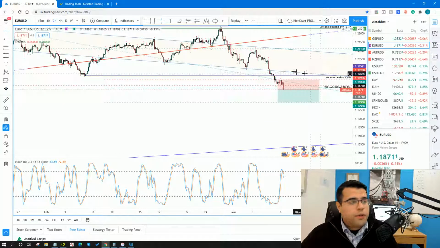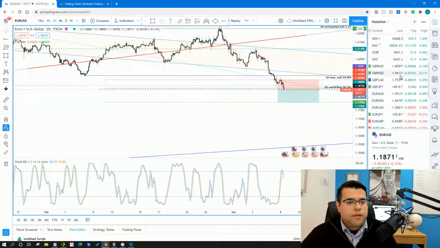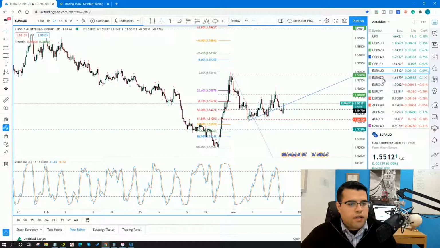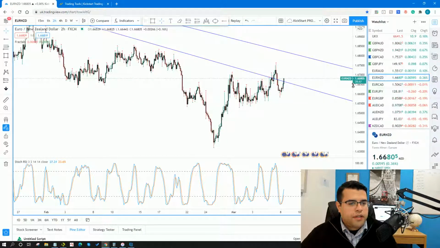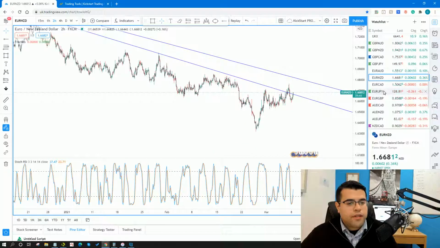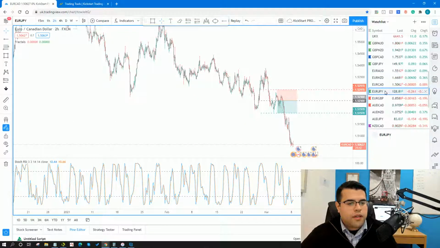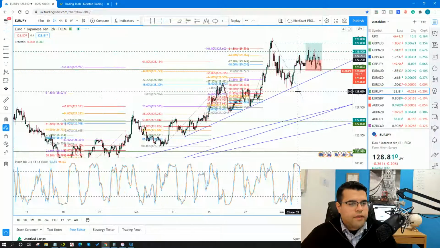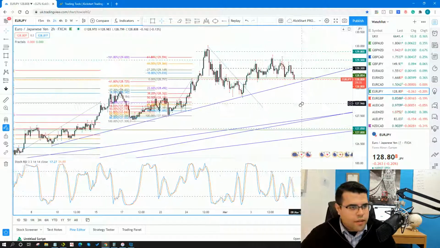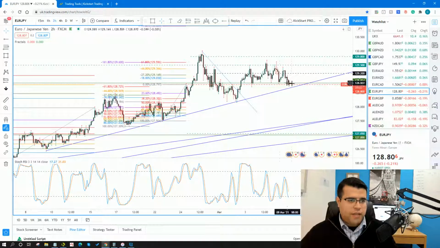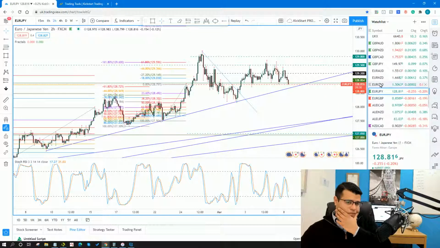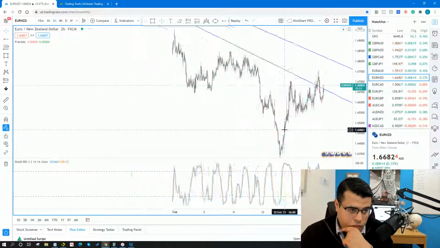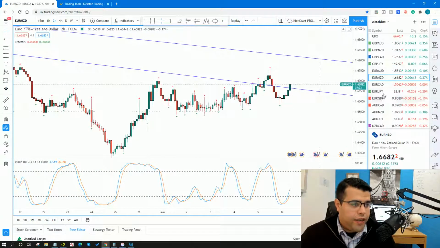Before we go, because we are going to wrap up here for the morning, but before we go, I did just want to have a quick glance across to the euro pairs and see if there's anything shaping up on the euros. And actually there is. There does appear to be some decent stuff happening. Let's see if any of that actually translates into an opportunity here. So I'm not crazy about the look of Euro JPY. Euro Kiwi, on the other hand, looks really nice for a buy on the 2-hour here.